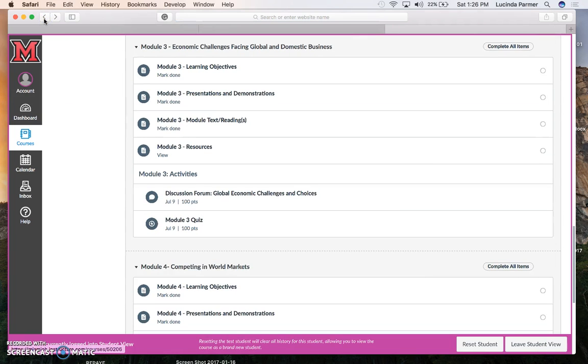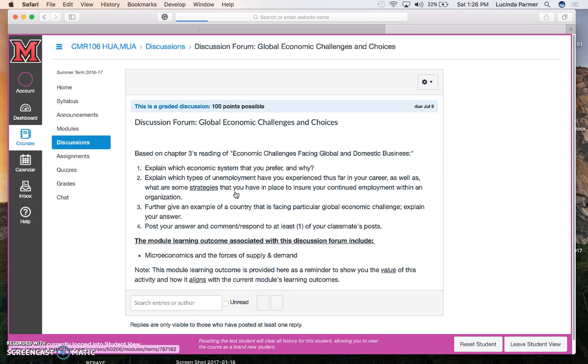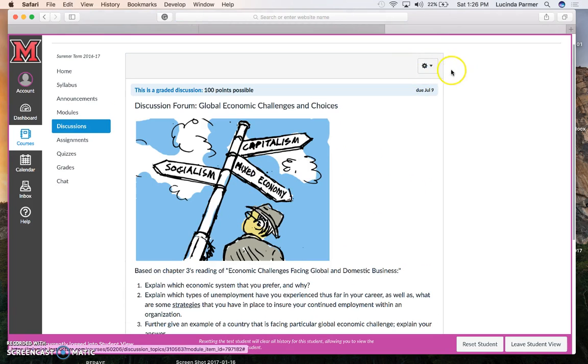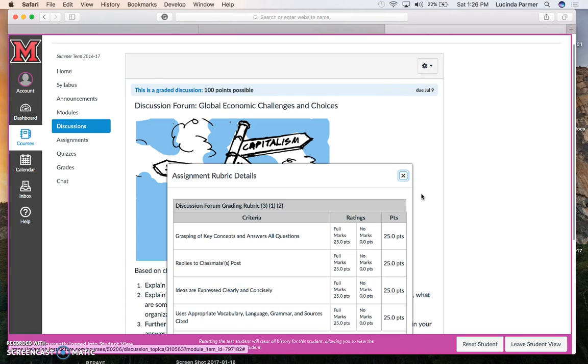So let's look here. What you're going to be doing in this Module 3, you have a quiz and then you have a discussion forum. Do not forget that each discussion forum does require you to get into a conversation with another classmate. I want these forums to be very interactive, and as you can probably tell, I do my best to respond to everybody's post because I want to acknowledge you there, and I want to get involved in the discussion too. But you are going to be graded.